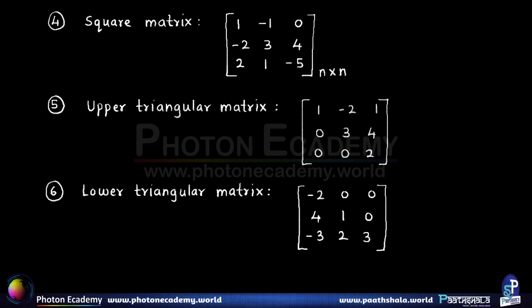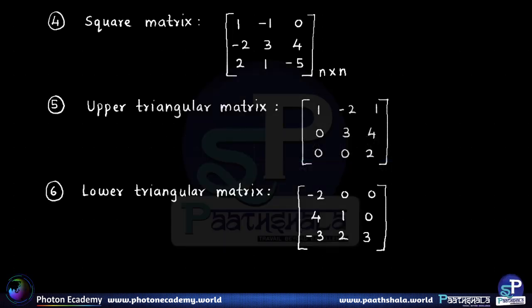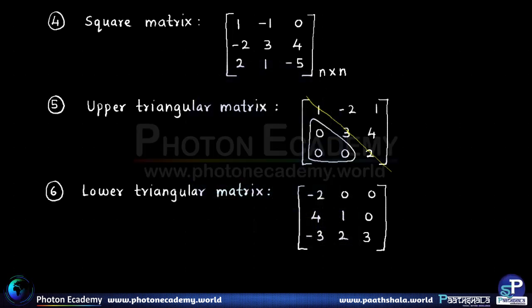Now moving on, we have what is called the upper triangular and lower triangular matrix. It is important to understand this particular definition because it can be a bit confusing. The upper triangular matrix is one in which the elements below the diagonal line are zero. Now we know what a diagonal is, similar to the determinant, that is, this particular line which runs through the elements from top left to the bottom right is called the diagonal. Now if all the elements which come below the diagonal are zero, then that particular matrix is called an upper triangular matrix.